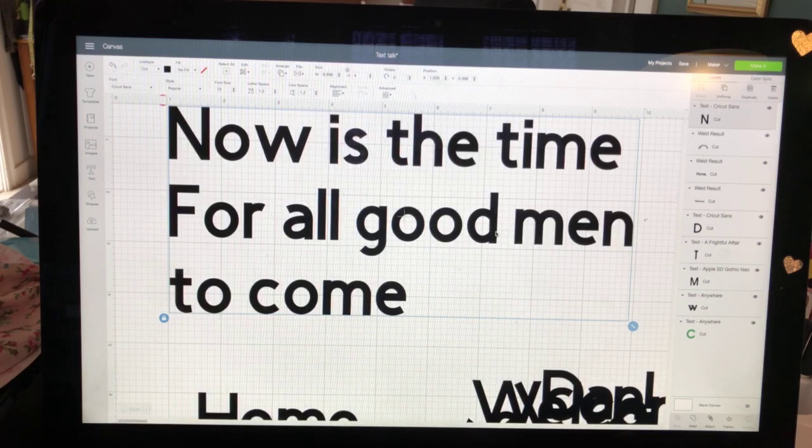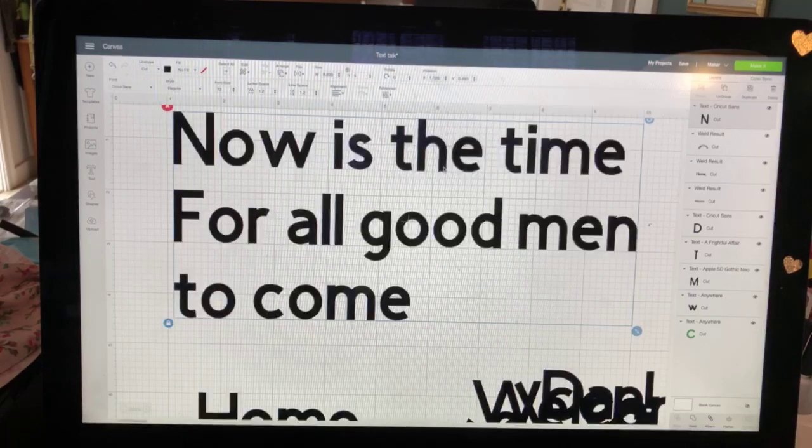Okay. All right, so let's say we have something that is like a bunch of lines, and here we do, right? Now it's the time for all good men to come to the aid of their party. I don't know if anybody remembers that, but that's what we used to practice when we were typing, okay? So here is my box. Now, if I want to